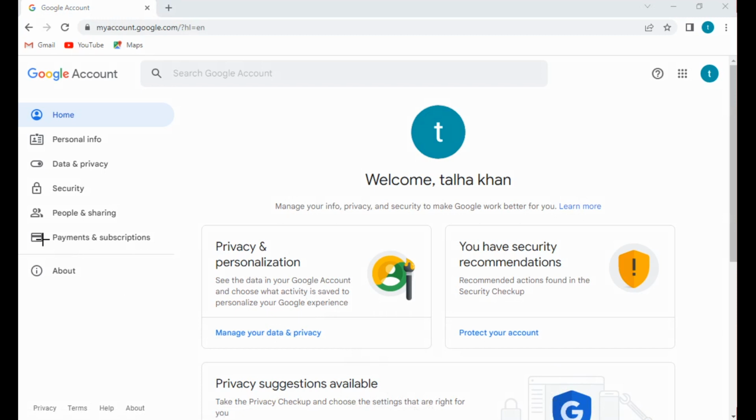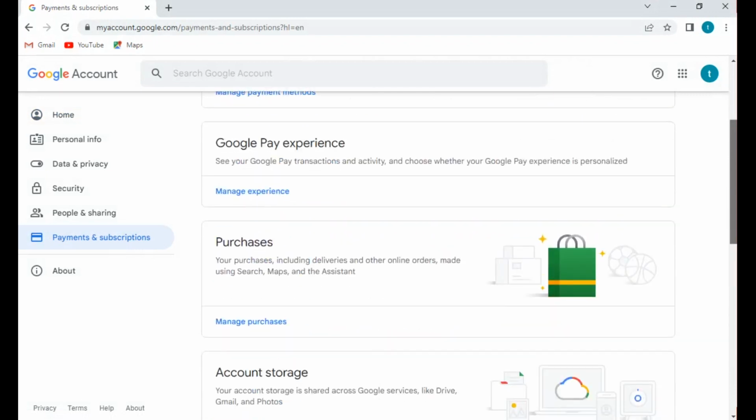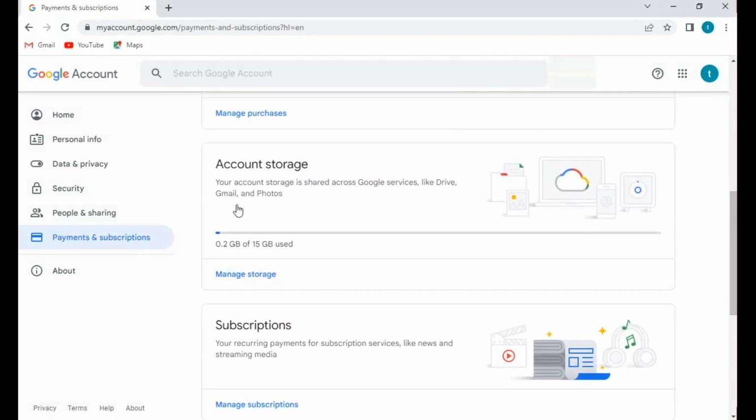Now you open payment subscription, this one. Now you scroll down. This one, account storage.